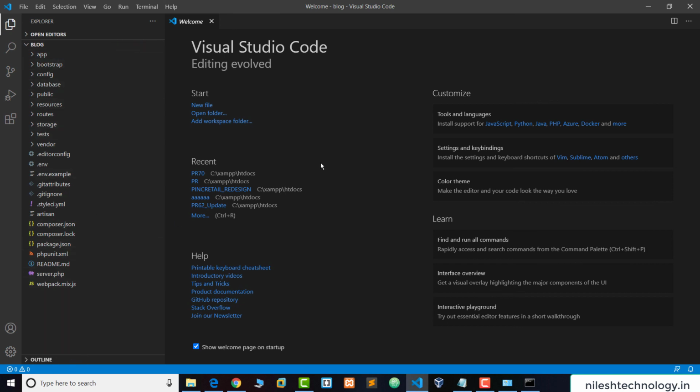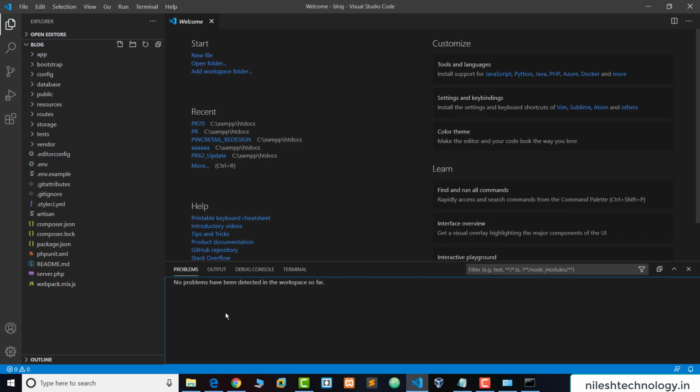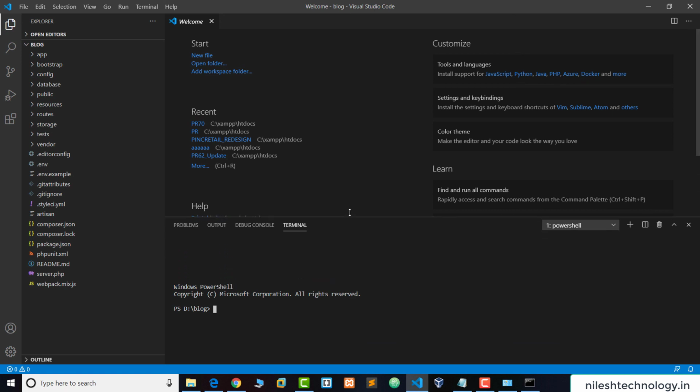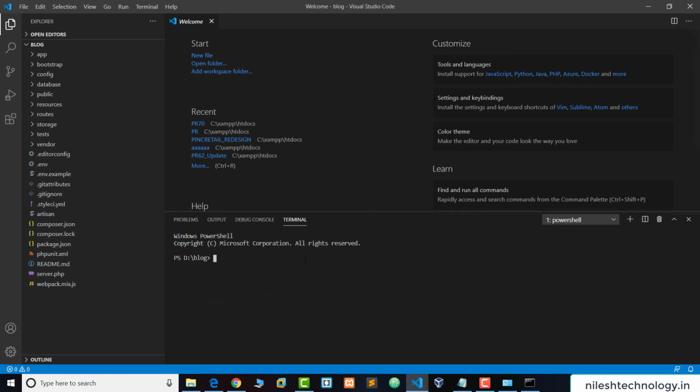So if you want to the console window, so click here the status bar, this one on left panel, this one, this number, any one number here. So this is my prompt. So here there are some problems, outputs, and this is one terminal. So this is like your command prompt. So if you want to display the version of a PHP, then simply click here php -v. So this is the PHP version.